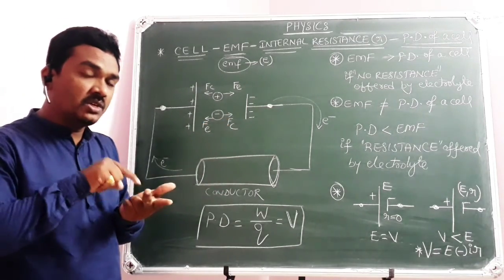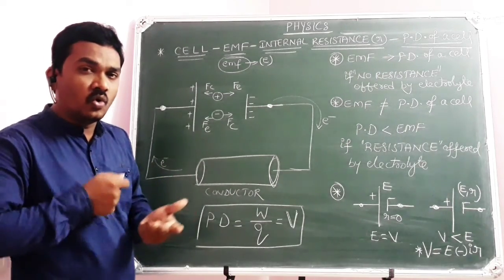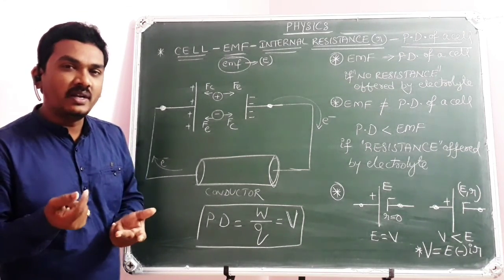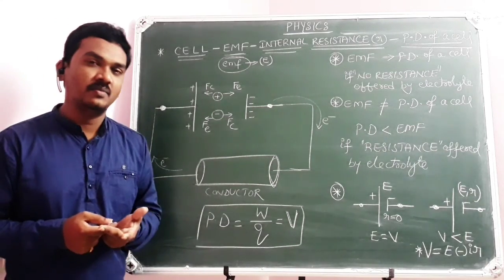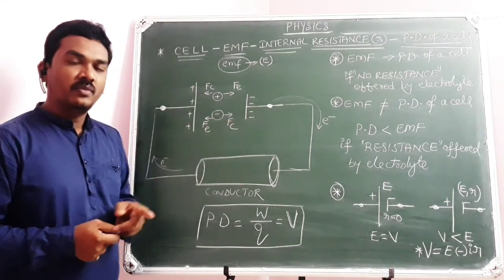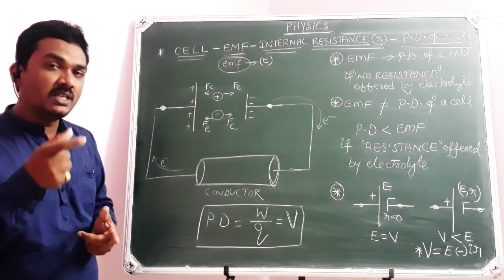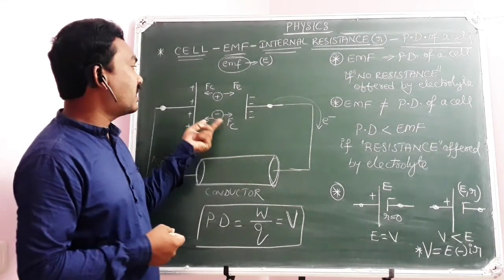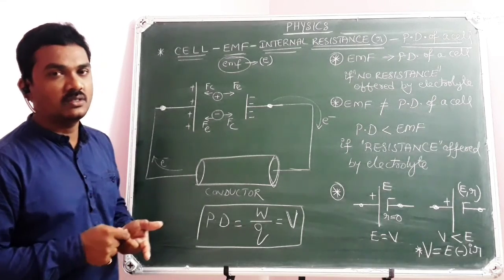And at the same time, the concentration of the electrolyte. Because if it is a strong electrolyte, it can ionize more, so there is a possibility for more number of collisions. A weak electrolyte will ionize to a less extent, so there is a possibility for fewer collisions among the ions. And at the same time, the area of the plates. The cell has two plates, one positive plate and another negative plate. So just as when cross-sectional area is more, resistance will be less, similarly, as the surface area of the plates is more, there are fewer collisions and less internal resistance.